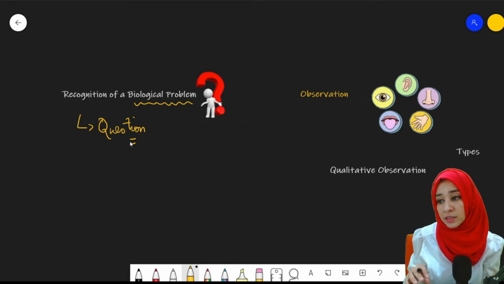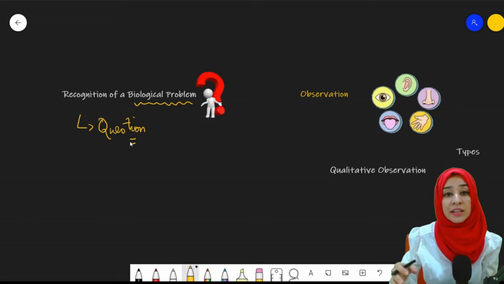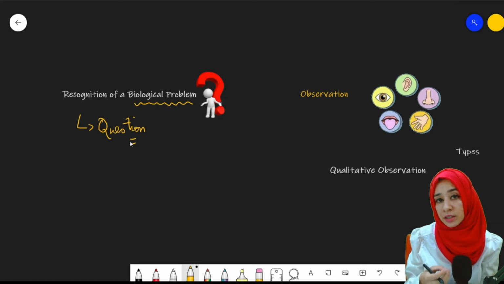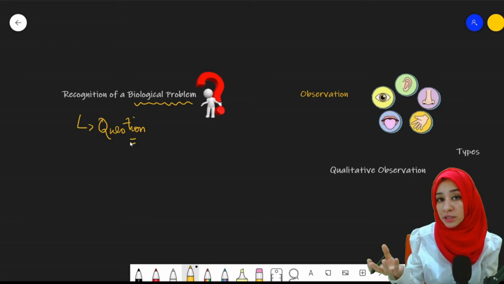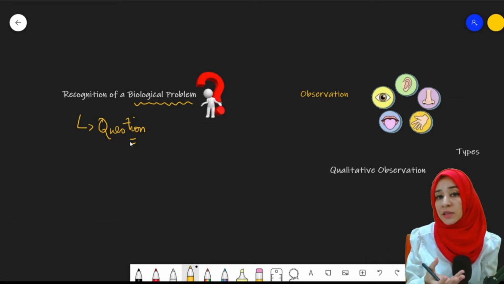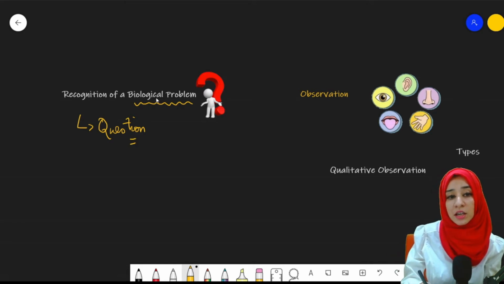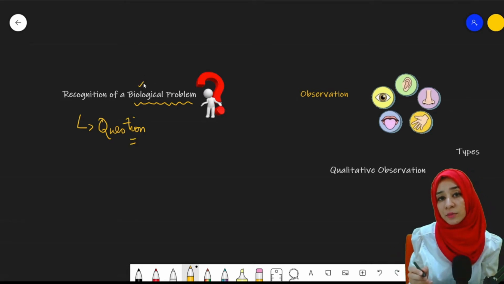For example, if we talk about nowadays, COVID is there, right? That is a biological problem that needs to be resolved. Similarly, malaria was there, dengue fever was there, a number of diseases were there, and all of those are biological problems. Global warming is a biological problem. Similarly, a number of things are biological problems, they need to be resolved, and they are related to living organisms.